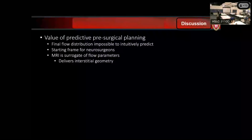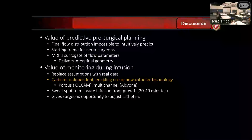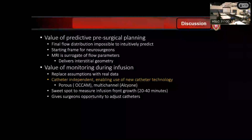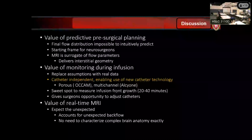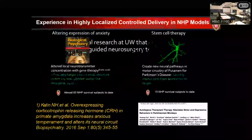Okay, so here's the value of the pre-surgical planning. MRI again being used for surrogates of the hydraulic conductivity parameters, which for the field is called poroelasticity. And then the value of monitoring during the infusions to see what's actually going on and giving the surgeon some chance to do some changes in the procedure if needed. And again, the value of using this with MRI is less domain expertise needed by the neurosurgeon and the team to know what actually is going on because you have a real-time